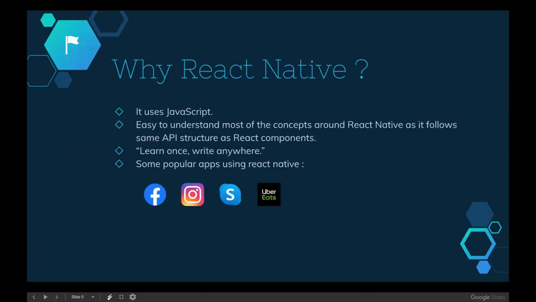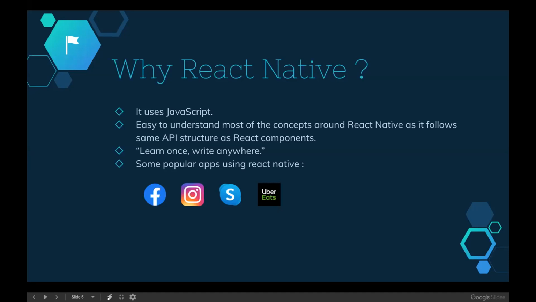So why is React Native the best library for web developers to start with? Firstly, it makes use of JavaScript. Most web developers would be aware of how JavaScript works because they would have definitely worked with HTML, CSS, and JavaScript. Also, a web developer doesn't have to learn a new programming language just to start with mobile development. And with the help of React Native, I can build an app which is completely native. That means the output of a React Native app will be the same as what we build with the help of Java or Objective-C.